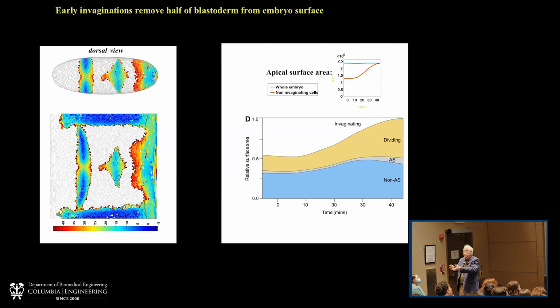The cells begin to divide, and as cells divide, they round up. Even if they don't increase their volume, that overall decreases the height and increases the apical surface area. Also, the cells just appear generally to passively stretch. And I use the magic words there, passive and stretch.